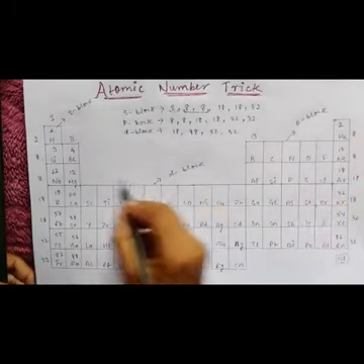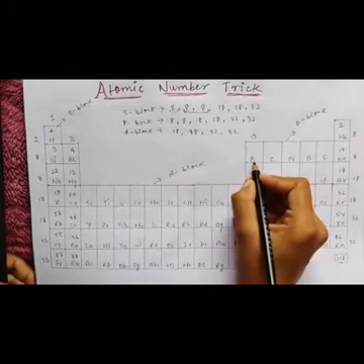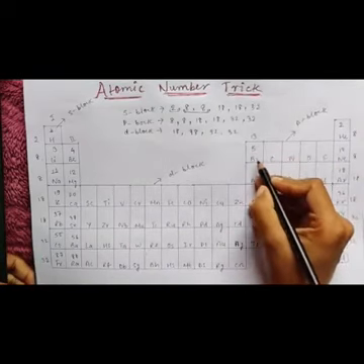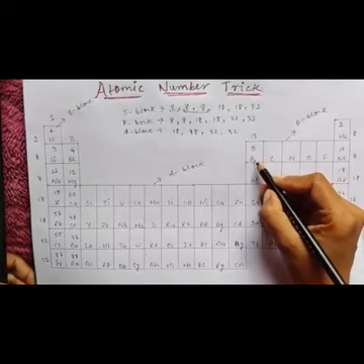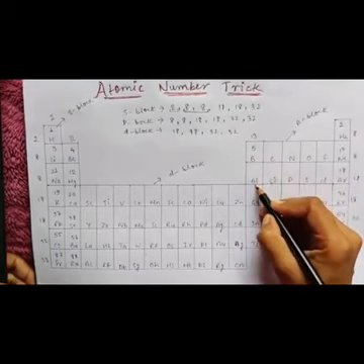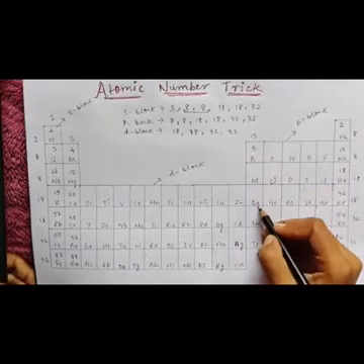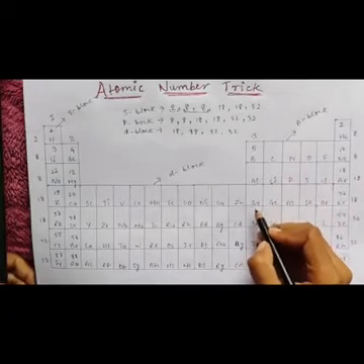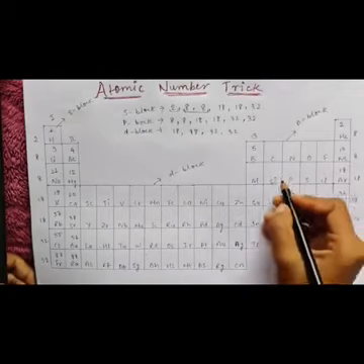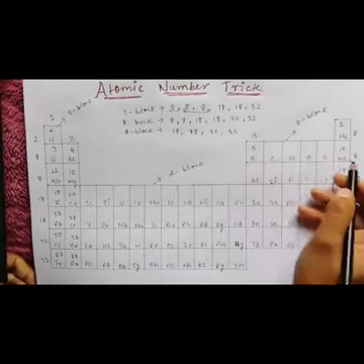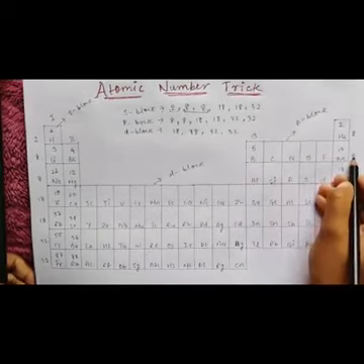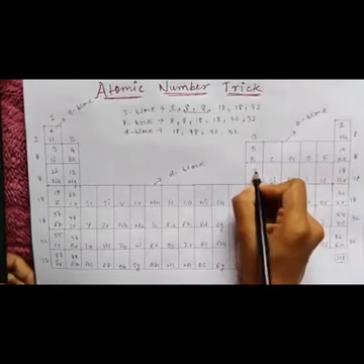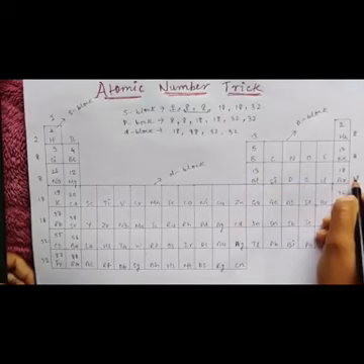So this is the 8th A group. 1A and 2A are over from the left side. This is the 3rd A group. These elements are the 3rd A elements. You have to follow the same order for all of these. The 3rd A elements are those where the valence electron enters into ns2 np1.